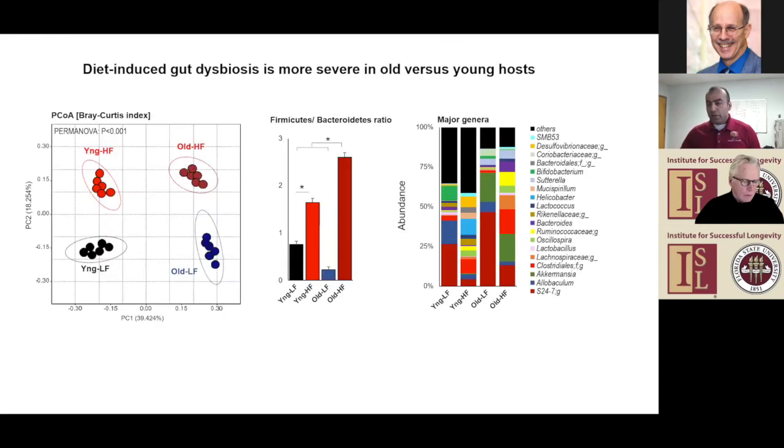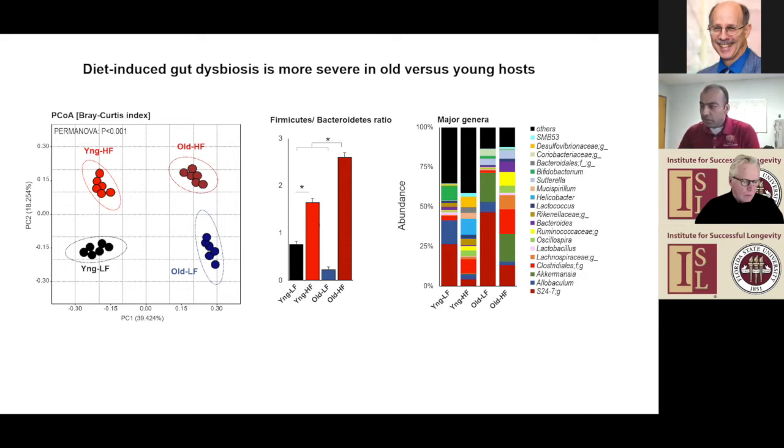At the same time, we have also seen that the response of a mouse gut microbiome to a low-fat or high-fat diet differs by host age. We have seen that young mice versus old mice, when they both are maintained on a low-fat diet, have a very different response to this diet. At the same time, the microbiome response of young mice to a high-fat diet is very different compared to the old mice when they are given a high-fat diet.